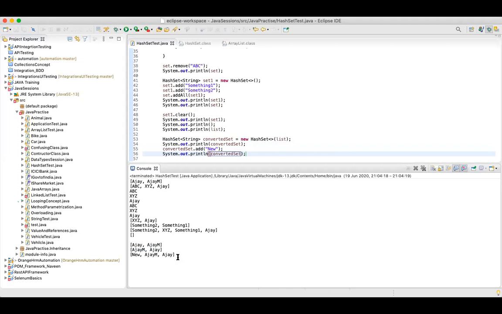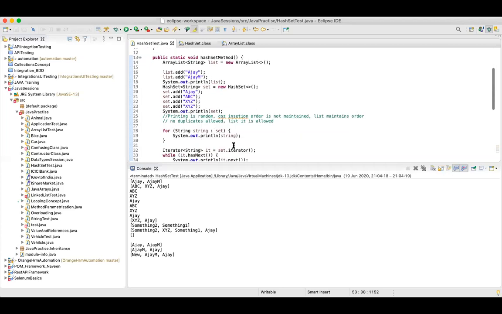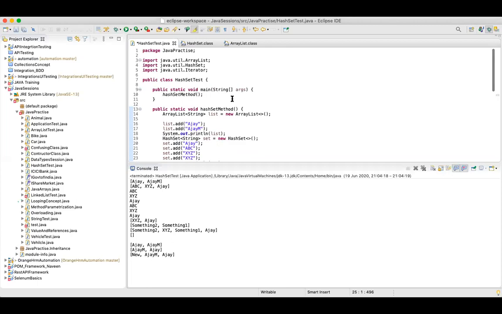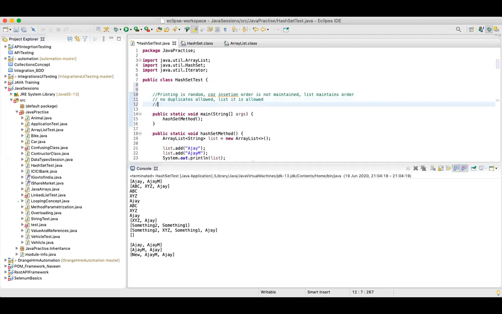So guys, these are all the basics of hash set. There is one more important concept, hash map, which we will not be taking today. We'll have a separate session for hash map as well. As I said, just a quick bullet pointer: hash set is storing the elements based on hashing. The concept used is hashing.